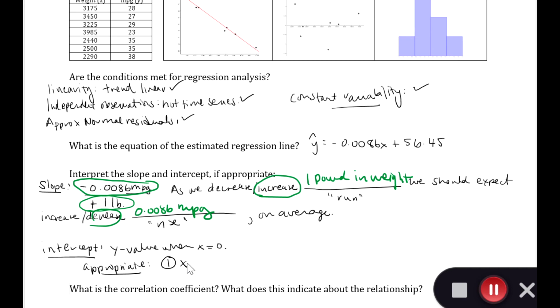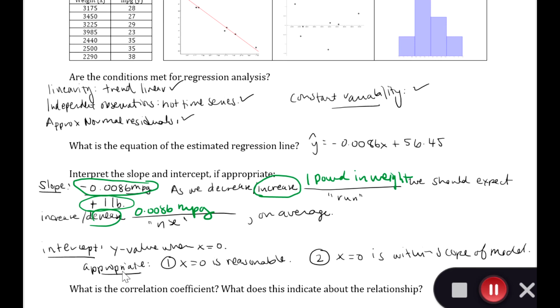One, that x equals 0 is reasonable. Once that is reasonable, it also has to satisfy that x equals 0 is within the scope of the model. Okay, and these both have to be satisfied